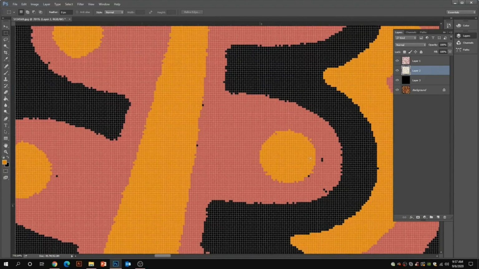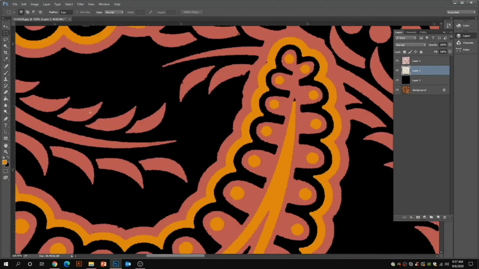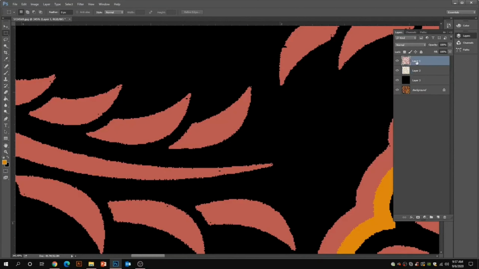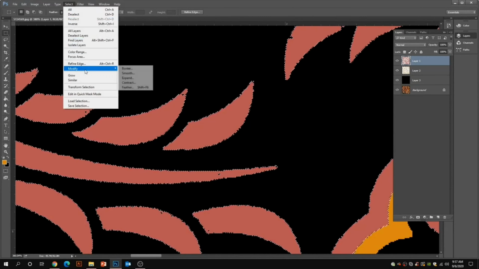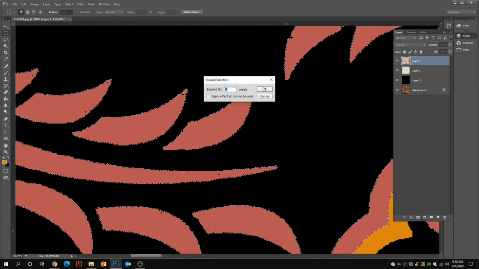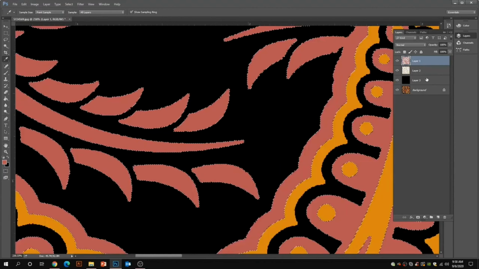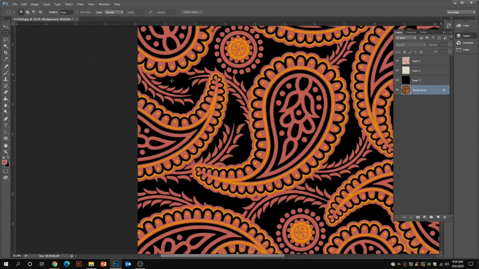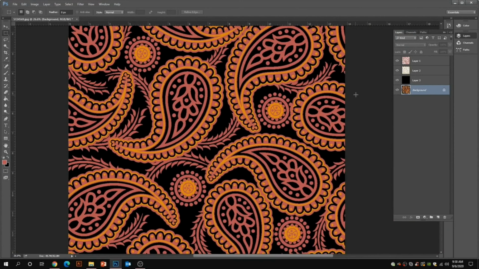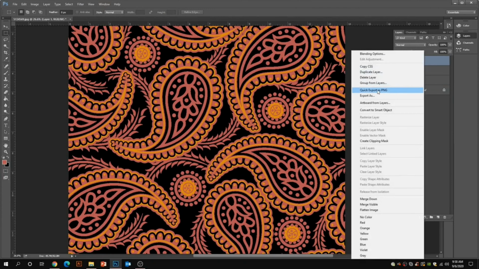dots coming. So let me do the same trick with the coral layer, and I'm expanding the selection. Simple: select pixels, go to the Select menu, Modify, and expand the selection by 1 pixel. So let me see how the 1 pixel will work. It is working pretty fine. So let's fill the color with coral, a simple fill with the paint bucket and foreground color. It is simple. So now you can see how the artwork has been developed without using the pen tool. We have not used any pen tool, any brush or eraser. It is just an understanding of selection.